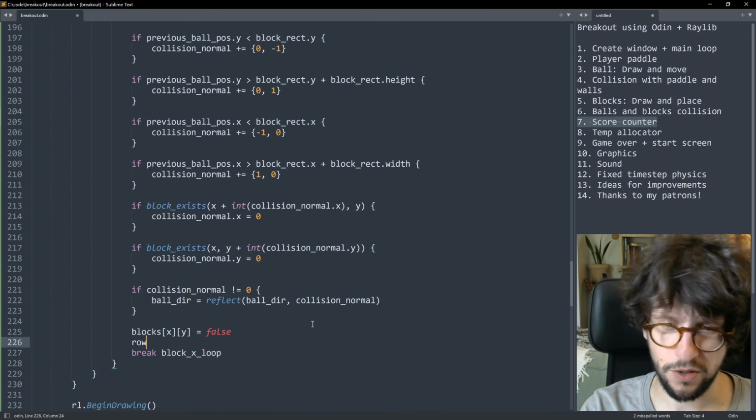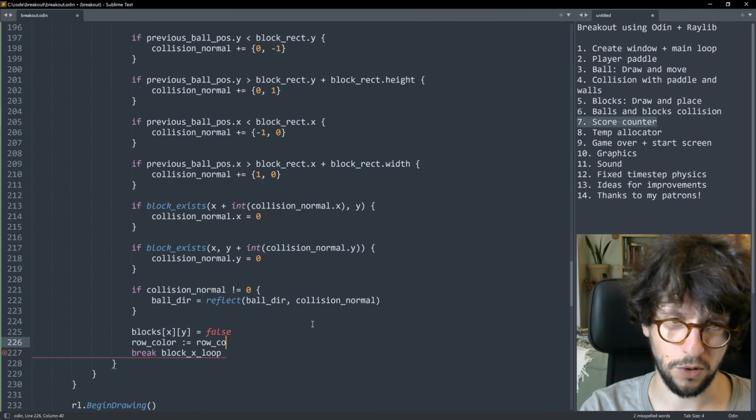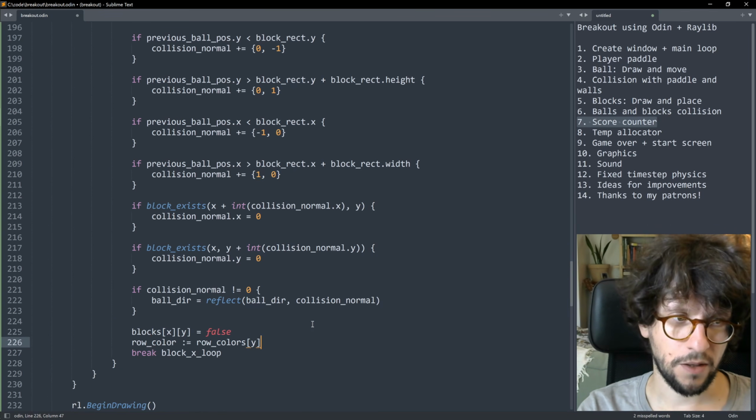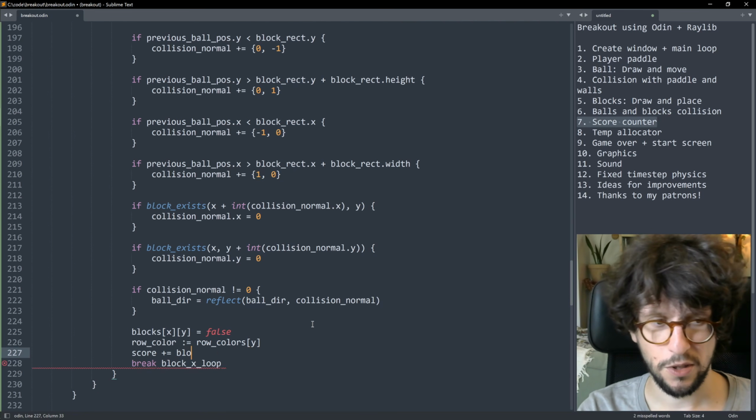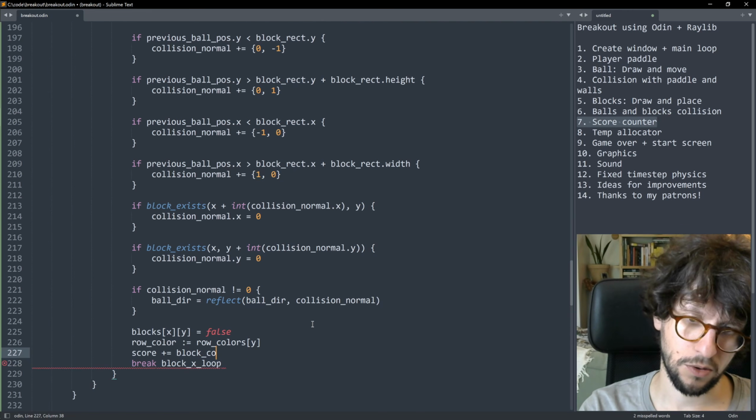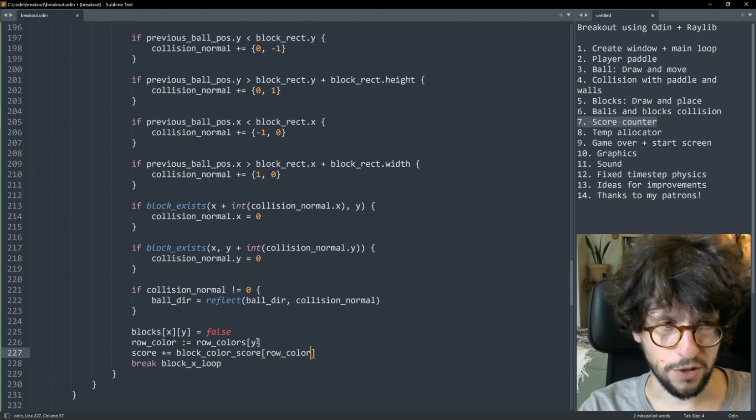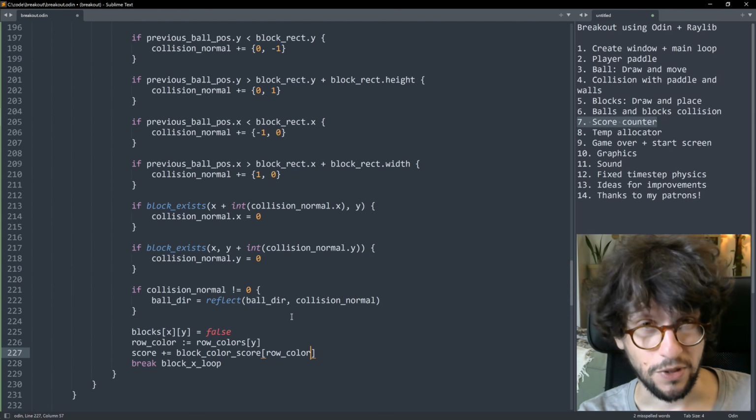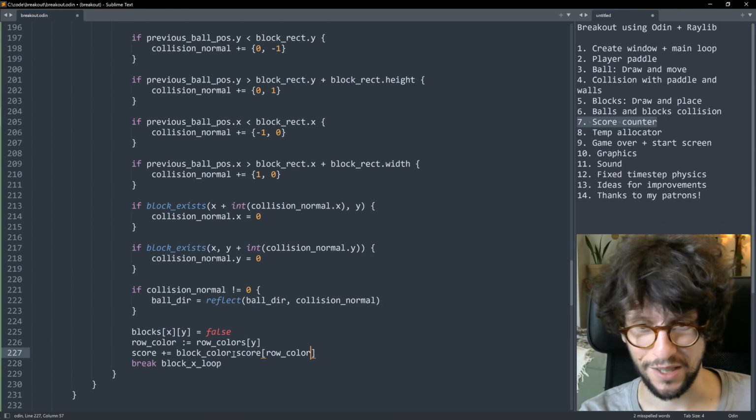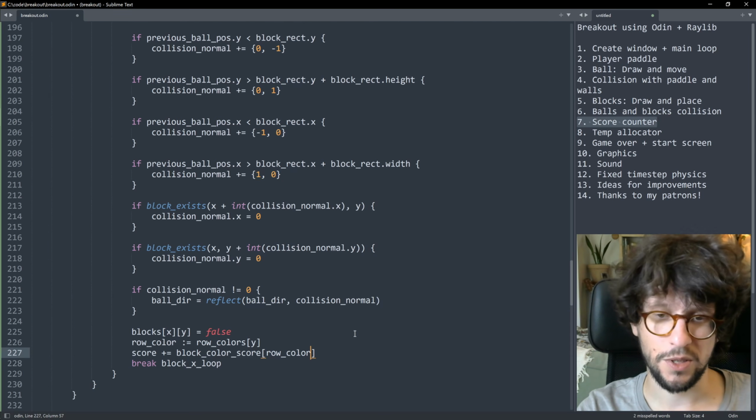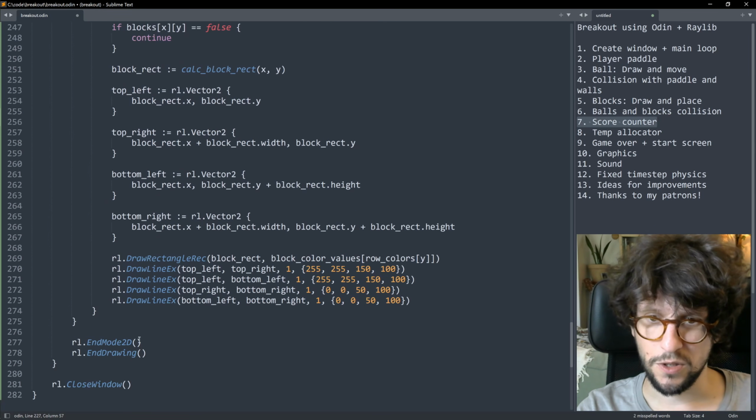So we fetch the color of the row color by doing row_colors[y]. And then we add to the score by doing score += block_color_score[row_color]. That will increase our score. Now currently there's nothing that displays the score on the screen, so we need to add that before we can kind of test this. So what we will do is we'll go to the bottom here, and just before